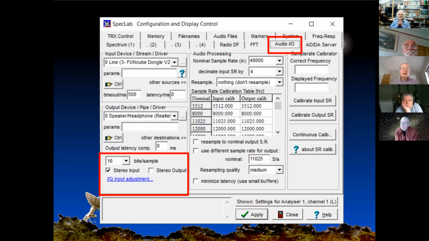At the bottom here is the ability for you to tell Spectrum Lab whether the data is coming in as 1 byte per sample, 2 bytes per sample, or 3 bytes per sample. It's usually 2 bytes, but it depends on your source. You have the choice of working in mono or stereo, or I should say that should really mean 1 channel or 2 channel, because